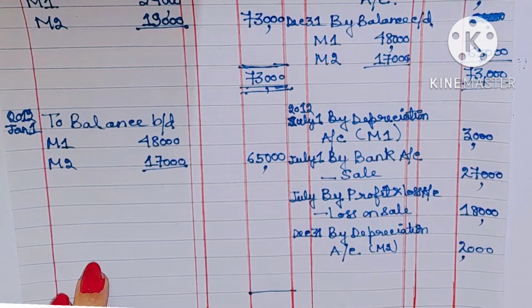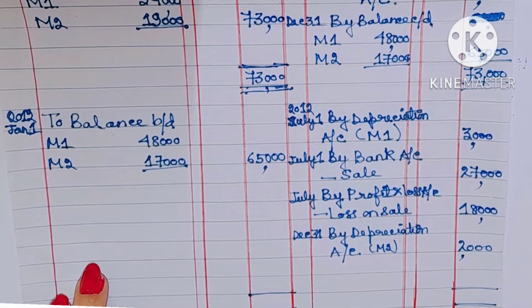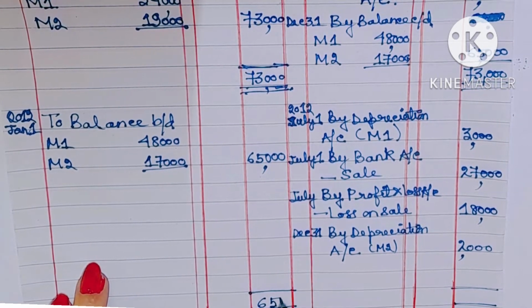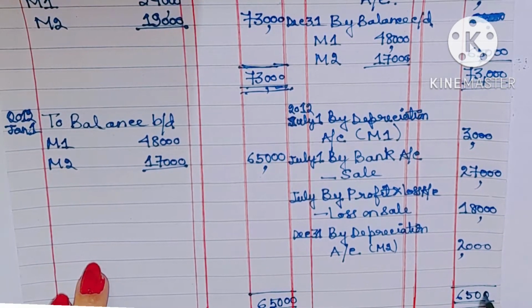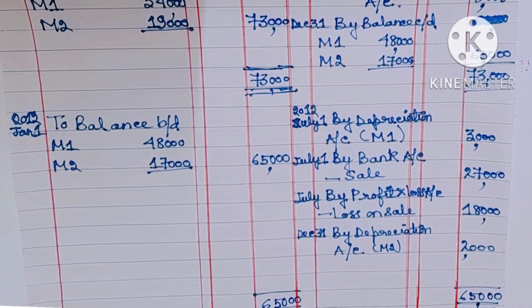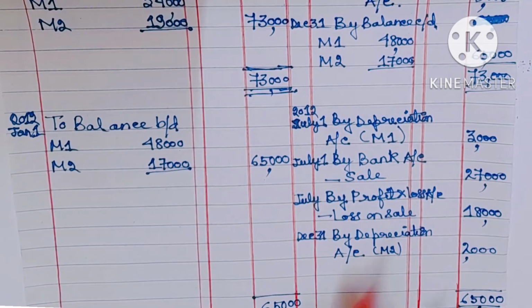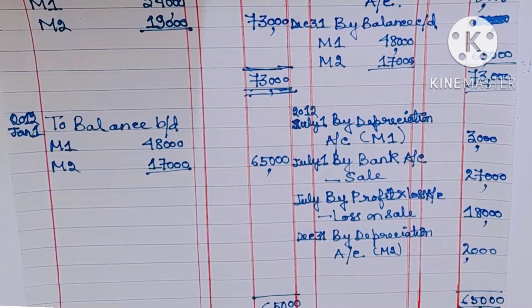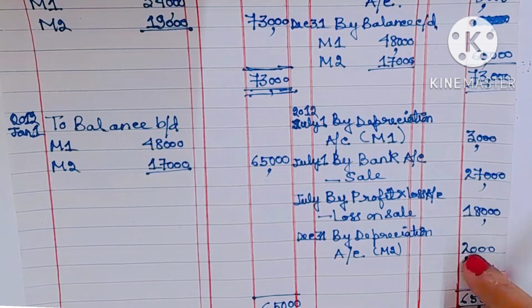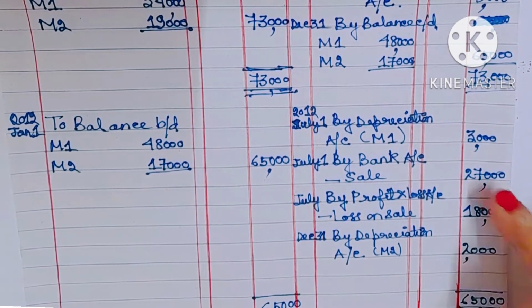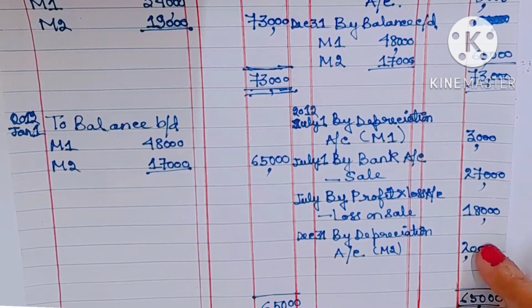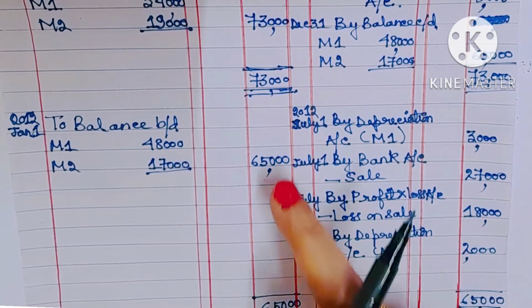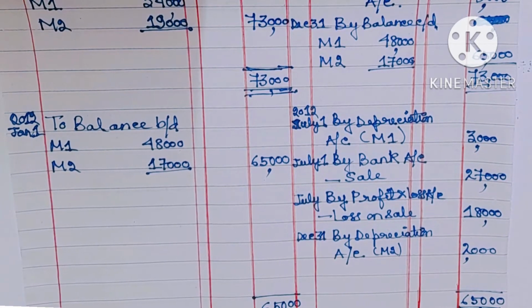So we'll have to write 65,000 on both sides. So what is the total of credit side? Credit side total is 50,000. 3,000 plus 27,000 plus 18,000 plus 2,000 will give you 50,000. The total of debit side is 65,000. So what will be the balancing figure? 65,000 minus